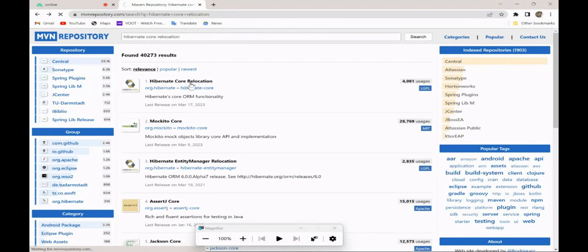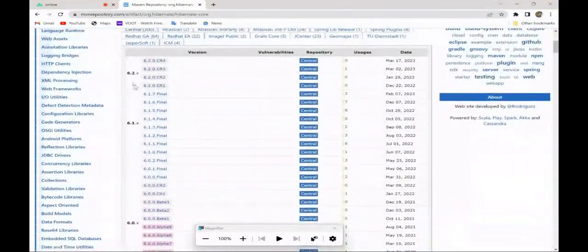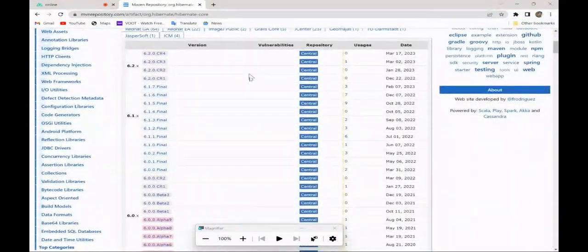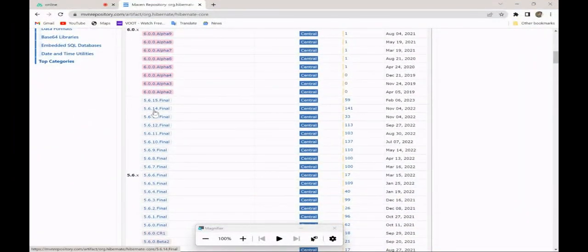Click on it, you will get this particular tab and this particular list of versions that are present in Hibernate. So we will be using the 5.6.14 version. Don't go to the newer versions because they are still in a building process, so they can show some errors. We will be using the one that is mostly used by the people,